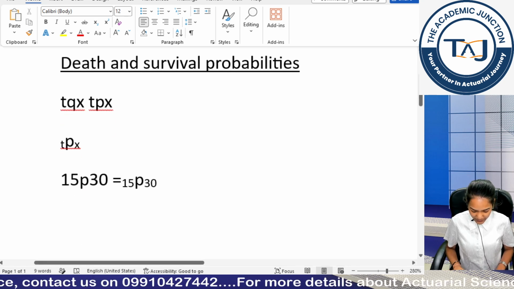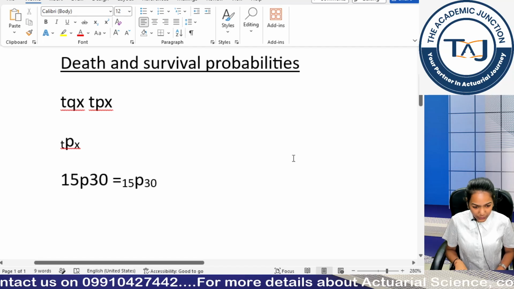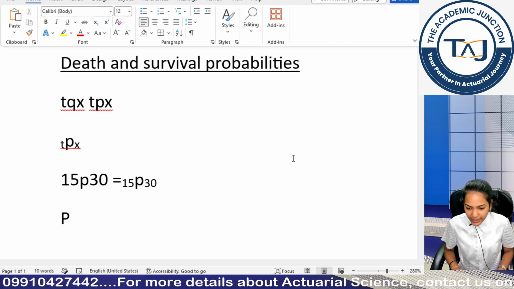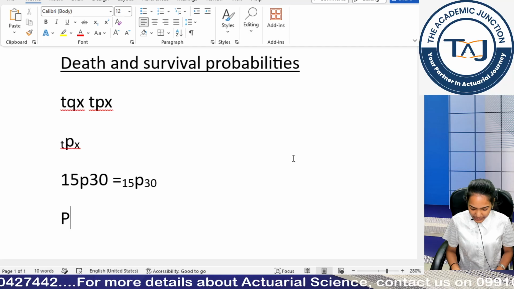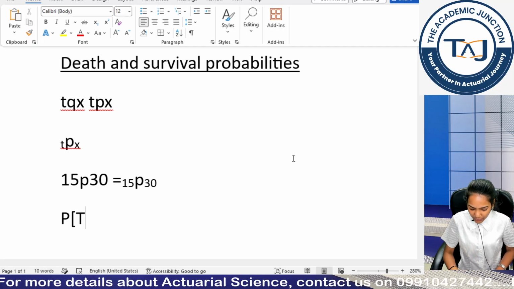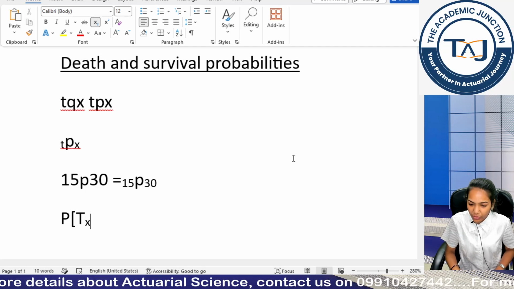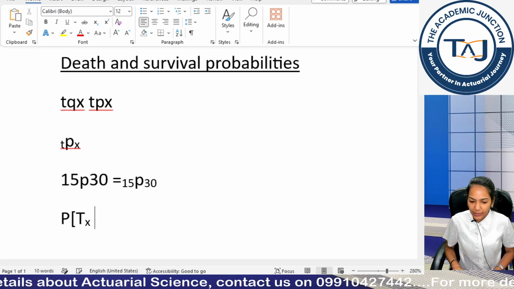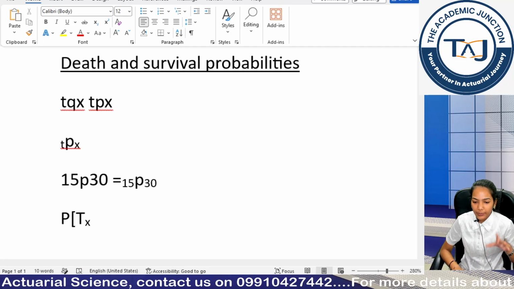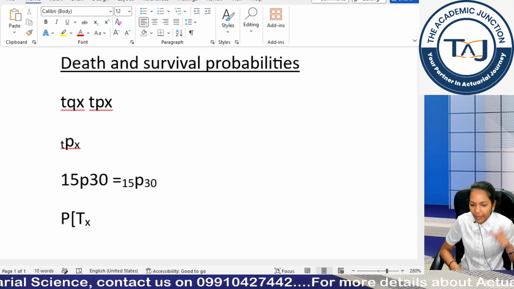Now if I just simply write the formula first, the formula is probability Tx is less than equal to t, right? So how do I write Tx? T, capital T, I want to go to the subscript, so Control Shift Minus to go to the subscript, Control Shift Minus again to come back to the normal script. Once again, a disclaimer: in your keyboard or computer it might be Control Minus only.